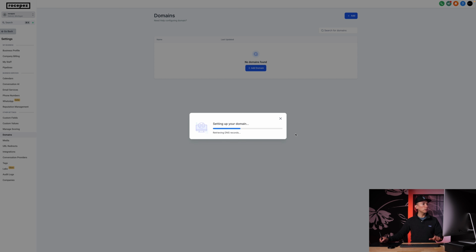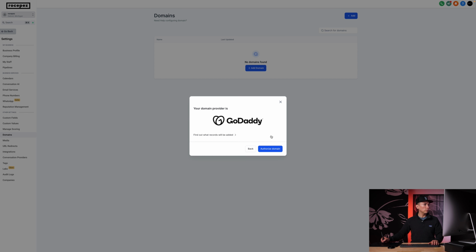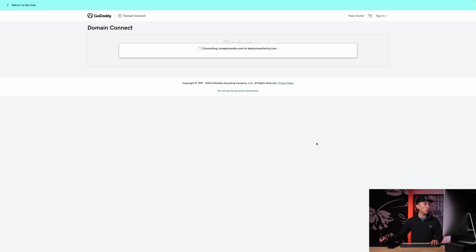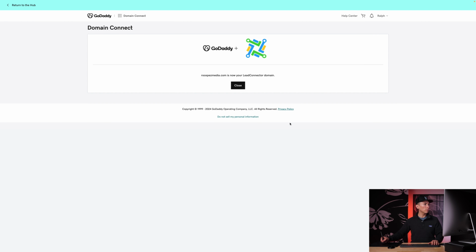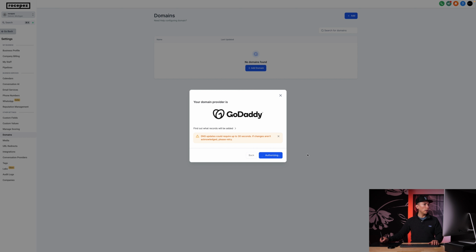A little pop-up appears that says setting up your domain. And in this example, our domain provider is GoDaddy. So it's recognized GoDaddy as a domain provider. We're going to click authorize domain. And then we're going to be taken to the GoDaddy account page, and we're going to click connect. Click close. And then we're going to be taken back to the domain dashboard, where a pop-up appears and reads